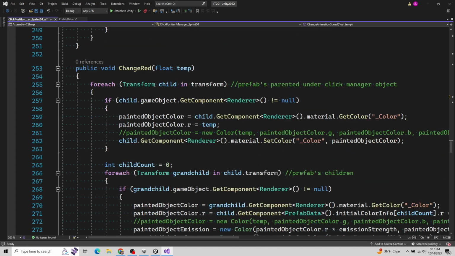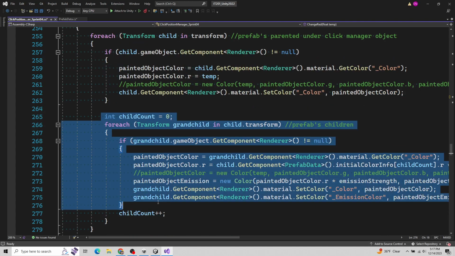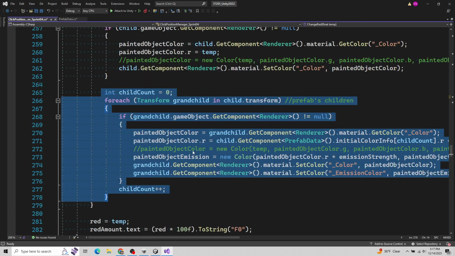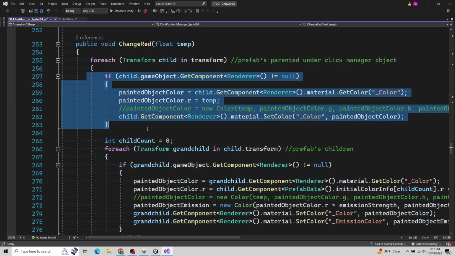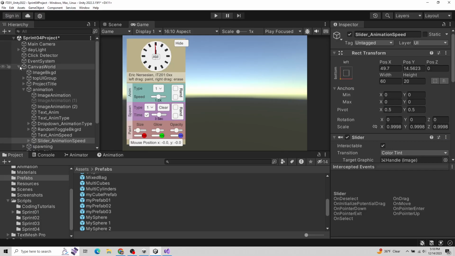And then if we look at the colors, you'll notice that we had to do the same thing. So if I notice down here, this part is the big one. If we move the red slider, we could look up at the root of everything that exists. The root is going to have an animator, a prefab data component, and a transform component, but it's not going to have a renderer because we updated our prefabs. But if we loop through the next level, so remember it says grandchild because the parent is click